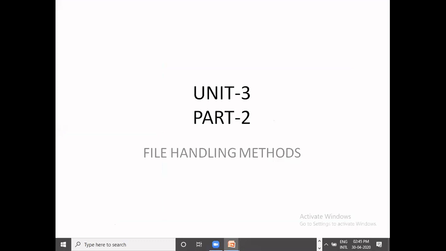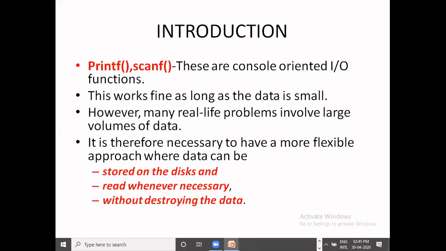Previously we learned three types of directives. That is very simple, but this is about file handling functions or file handling methods. Introduction: till now we are very familiar with the printf and scanf functions.